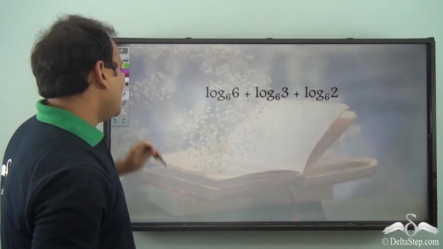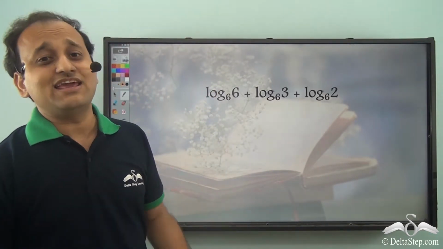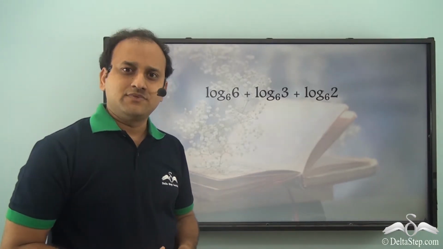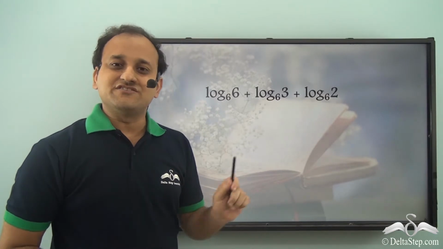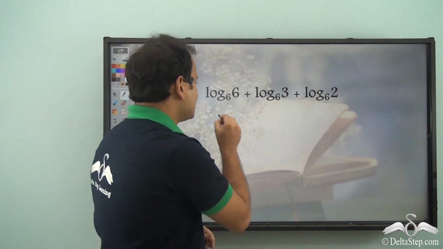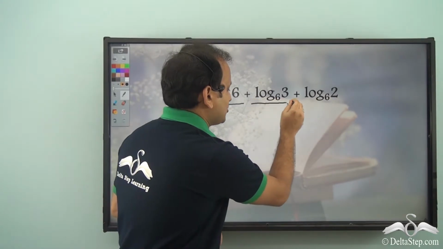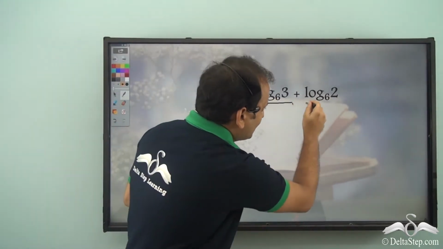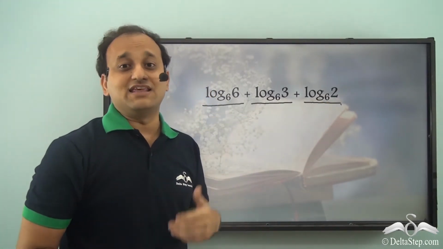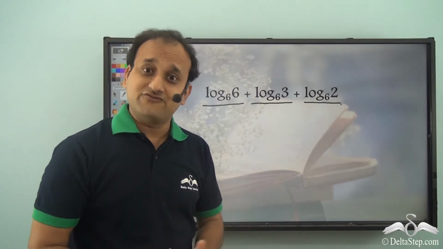So after this particular problem, he was very happy, but suddenly he got another data. And this time he got the data about earthquakes. Now, that particular day, 3 different earthquakes happened on the planet Mars. And the data sent was: the first earthquake was log 6 to the base 6. The second was log 3 to the base 6. And the third was log 2 to the base 6. Now, these are 3 different energy levels. And he had to report to the main station the total energy levels obtained from that day.